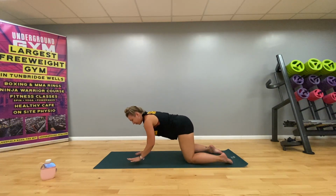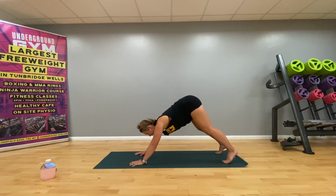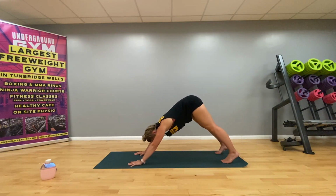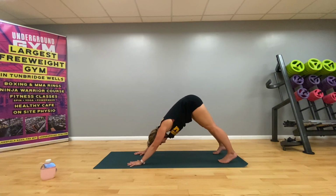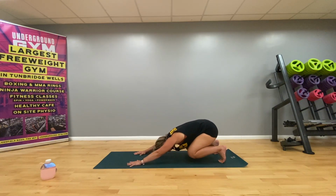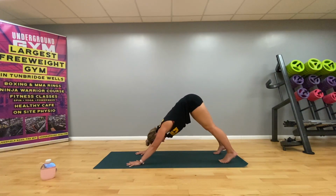That's just coming onto all fours. You might want to tuck the toes under, gently press back. So I want you to get comfortable here, get nice and stable. We're going to take 10 presses. So when I say press, we're going to bend the knees so our chest comes down towards the thighs and our legs are hovering above the floor. Then we exhale, come back to downward dog, look towards the thighs. So let's take 10. So breathing in